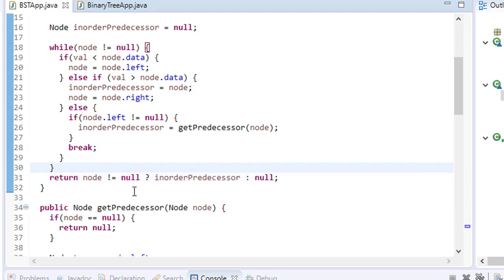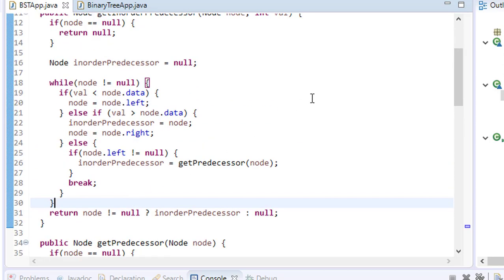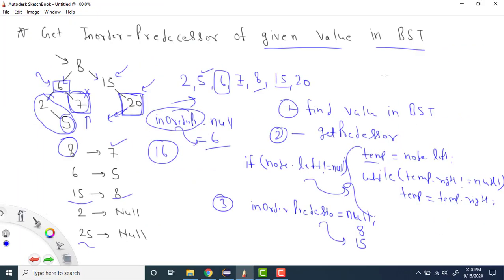So this is how basically I can solve my question, that how we can find out the in order predecessor, right? Now let's see the time complexity to solve this question. So if there are n nodes in the BST, what I'm doing is basically going in a particular direction. I'm not traversing all the nodes. If the height of this BST is h, then for a particular level I am operating on only one node. For this case, let's say for 5. So first of all I operated 5, then I operated this 6, then I operated this 2, then I operated only 5. So for a particular level I am operating on a single node.